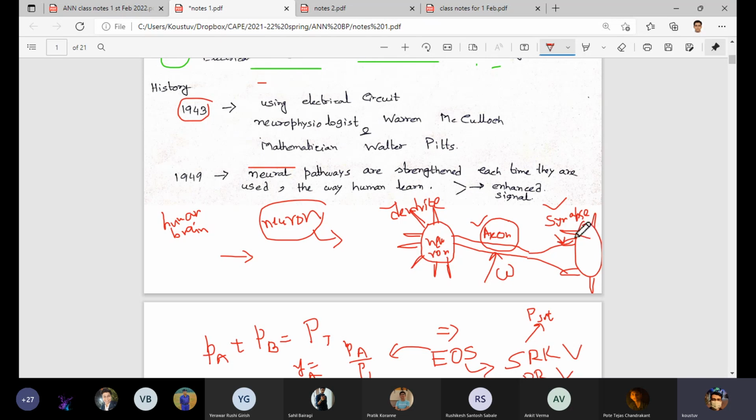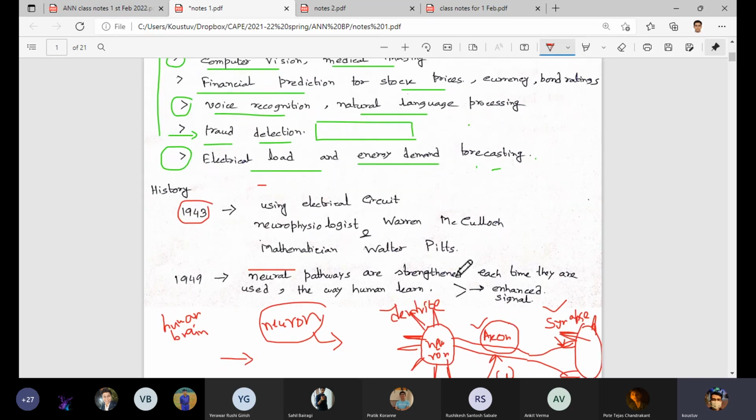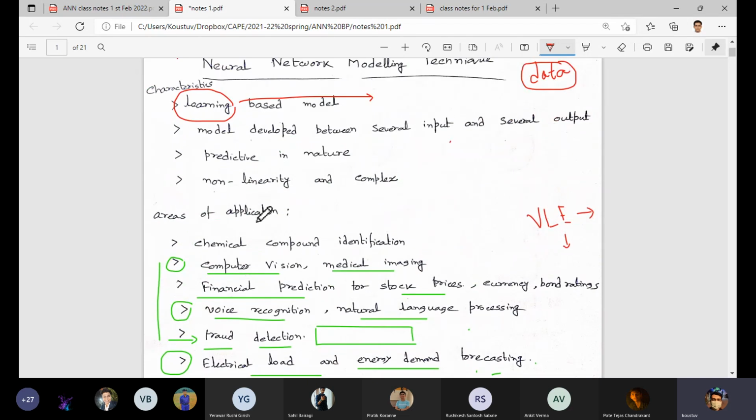So again, there are receivers or receptors called synapses, and at the other side they are called dendrites. This is the general structure as we have studied in our biology. Generally, the neuron's task is that it processes the incoming signal from its previous neuron, and then sends the signal to the next neuron. Similar functions we will have in our neural network based modeling, across each layer, and ultimately it tries to capture the huge non-linearity in the data set.